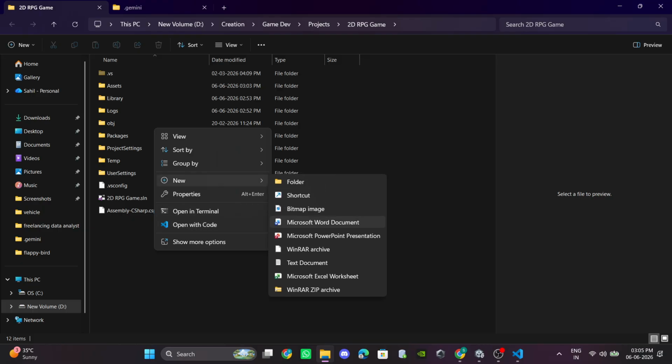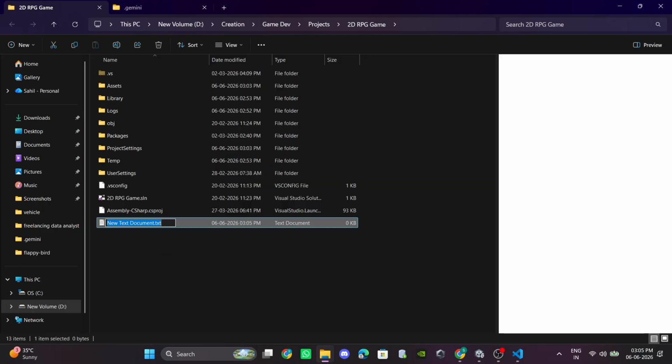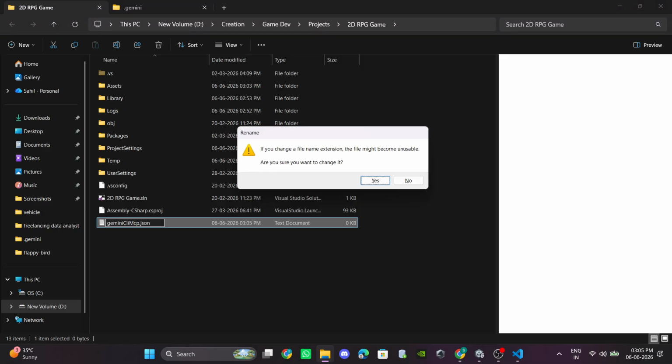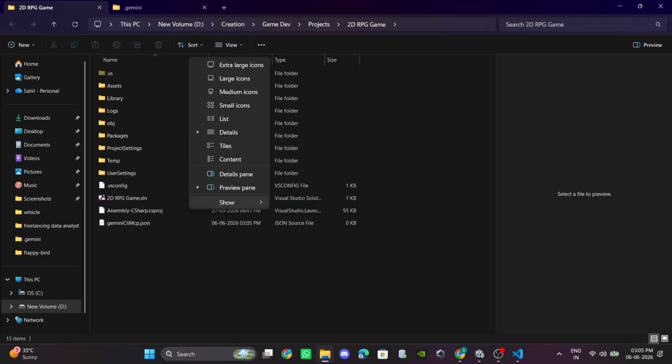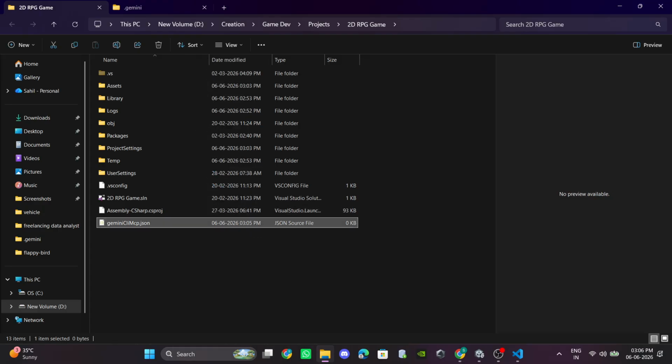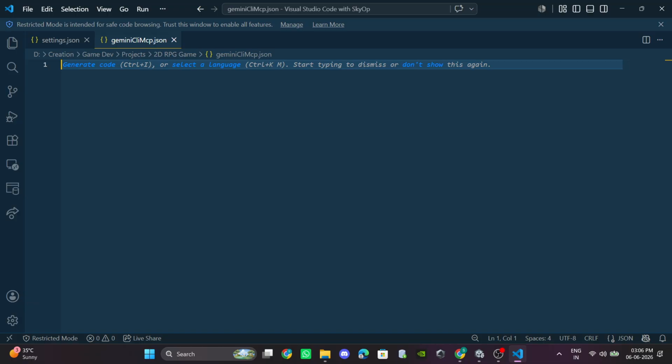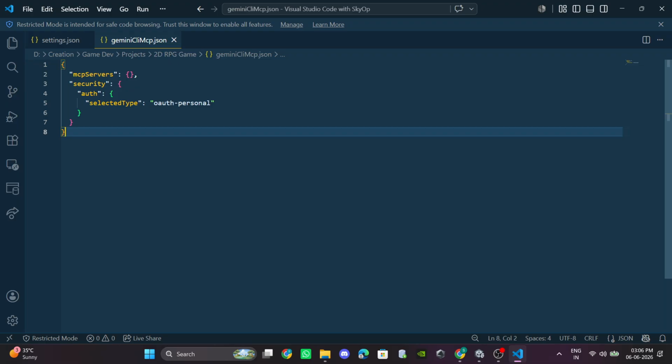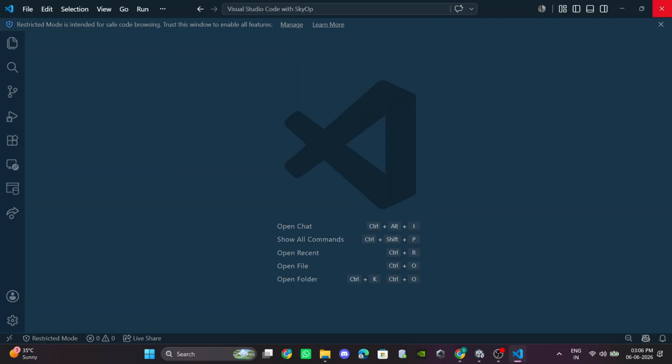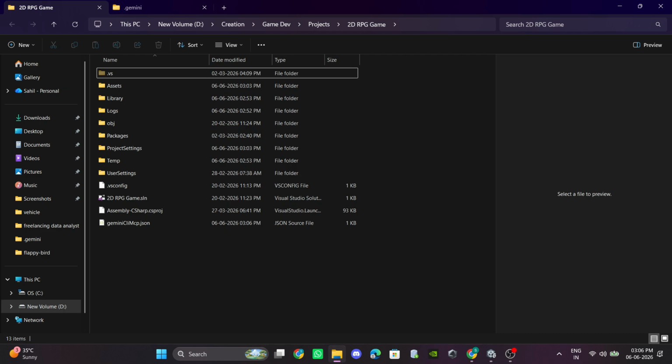Okay. Now open your game project, and here also you have to create a JSON file. The name can be anything, like I can even write my name, but you can write anything, no issues. But the more professional and industry way is to use a correct word. And remember to turn on the file extension, or the file name will be like gemini.json.txt, not like that. Then open and copy this code and paste it into the new JSON file you have created for the project, close this, save, and then open the terminal.